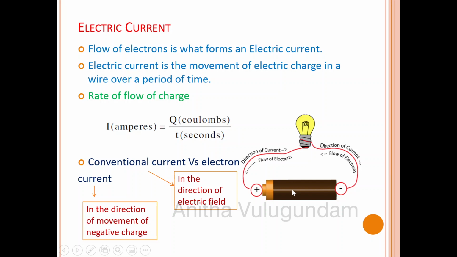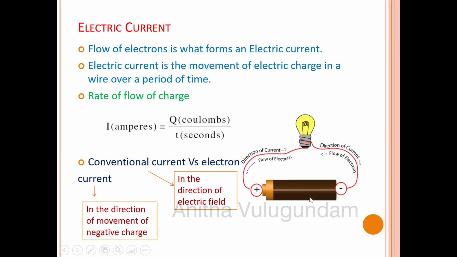Usually there are two types of currents, conventional current and electron current. Conventional current flow is from positive to negative terminal and indicates the direction that positive charges would flow. Electron flow is from negative to positive terminal. Electrons are negatively charged and are therefore attracted to the positive terminal as unlike charges attract.